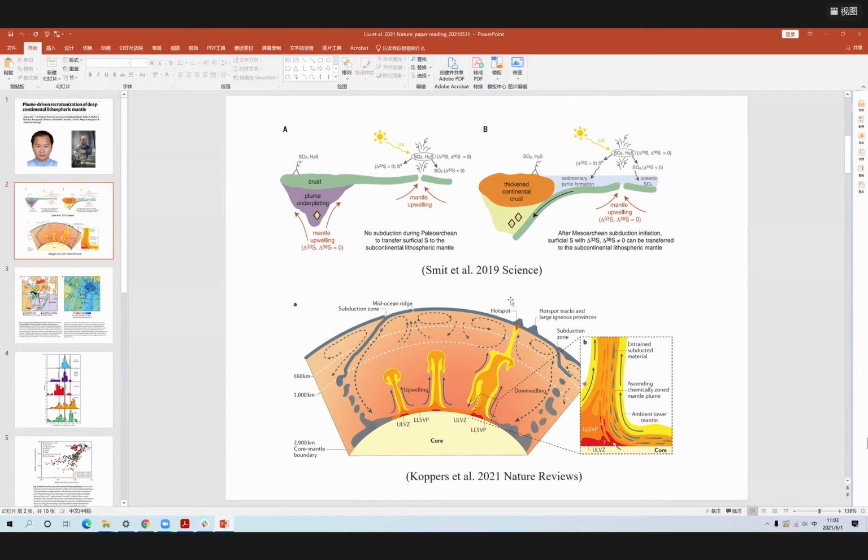mainly from the evidence of those crust. So all the cratons around the world, they do have the Archean crust formation, very old, more than 2.5 billion years old. And they have thick lithosphere, with lithosphere thickness of 200 kilometers or even deeper. And